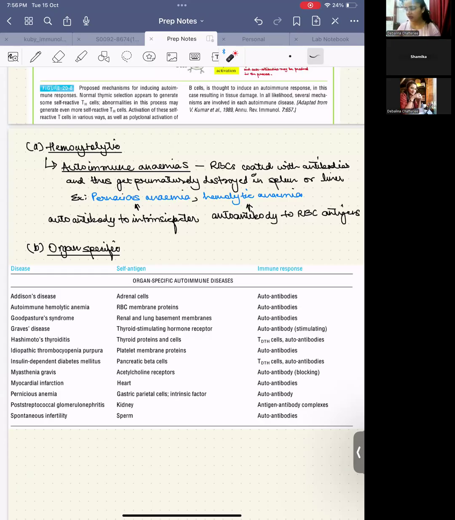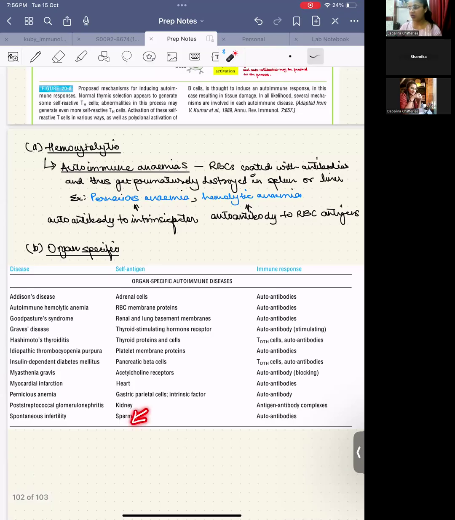Okay. And eventually, if the sperm cells become a target of the autoimmunities, then it could also lead to spontaneous infertility. Now, the third type being